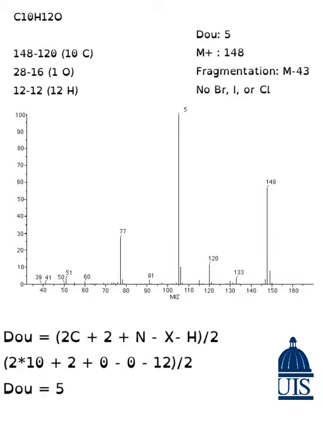So the first thing we look at is the mass spectrometry. And right away, the first thing I want to do for my compound is calculate the degree of unsaturation. As we can see down here, I have the formula written down for the degree of unsaturation, and that's going to be 2 times the number of carbons plus 2 plus the number of nitrogens minus the halides minus the hydrogen number, all divided by 2. So when we plug all of our numbers in based on our formula, which is up here,